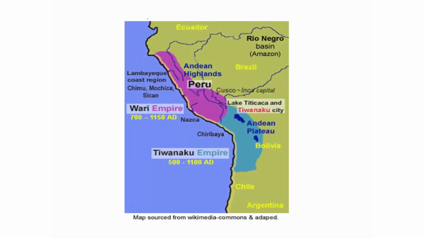The Mayas were up here in Central America, Mexico and so on, whereas in South America you had other empires like the Wari Empire and the Tiwanaku and so on, which spanned various periods. And we will see when we do El Nino that in this region, remember, there is upwelling and there is very cold water here, Galapagos somewhere here. So, this entire coast is cold because the winds that are blowing this way and this way will push the water away from the coast and cold water will come up.